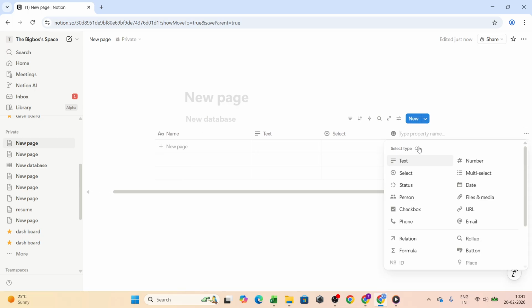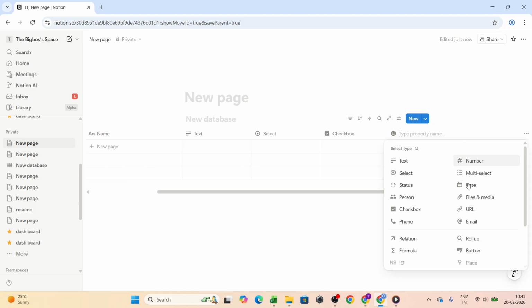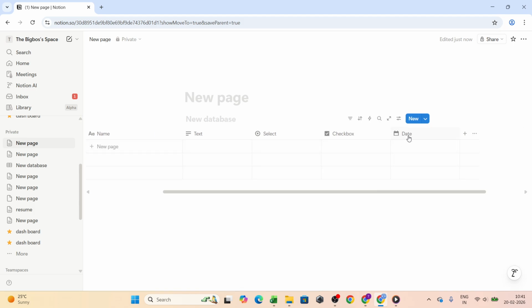Add a checkbox called reveal answer. Think of this as a personal cue. Unchecked means you are testing yourself. Checked means you've revealed the back. Finally, add a date property for last review or next review, whichever makes more sense for how you like to